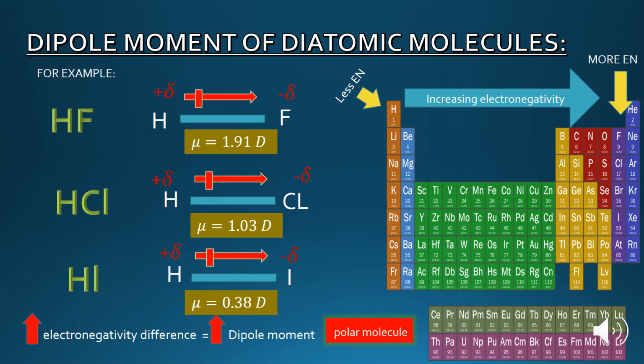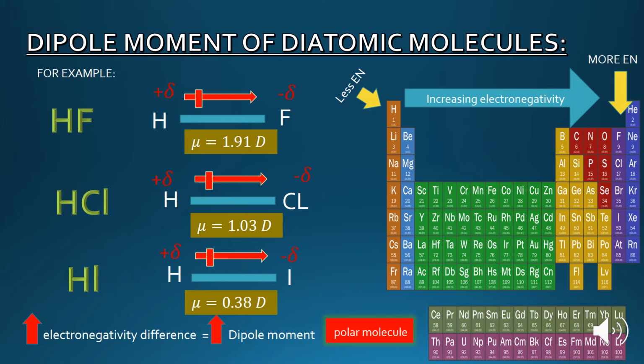Now let's discuss the dipole moment in the case of hydrogen chloride. Look at the periodic table: chlorine is under fluorine. So its electronegativity is a little less compared to fluorine, but compared to hydrogen, chlorine is more electronegative. It means the pulling power of chlorine is more than that of hydrogen, and therefore these electrons will be shifted towards chlorine, and as a result the dipole moment is equal to